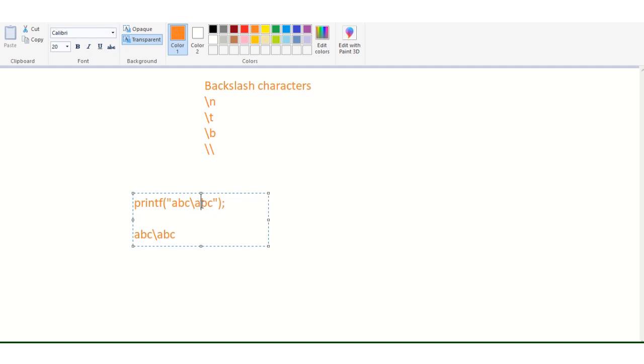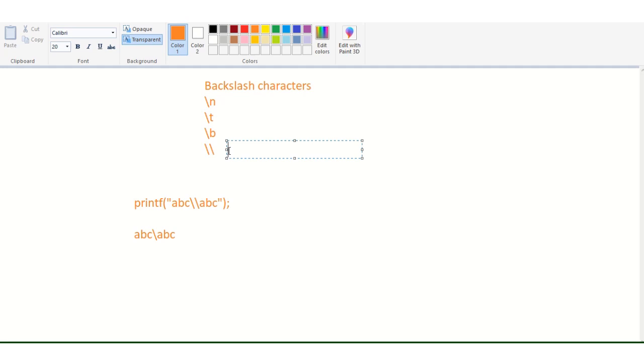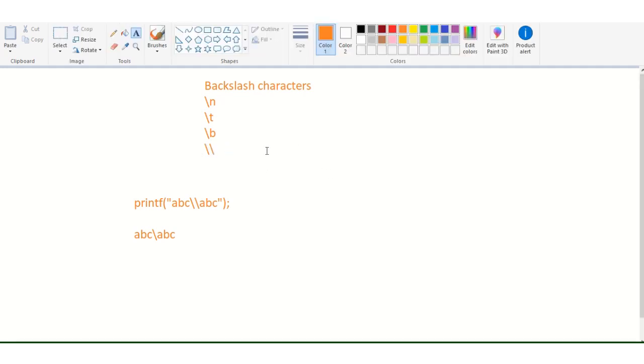This is one more backslash character, slash a. So we use a double slash, and this gives you one slash. Now the output of this statement will be this, right? If you want to print a slash on the screen, then you have to use a double slash, right?